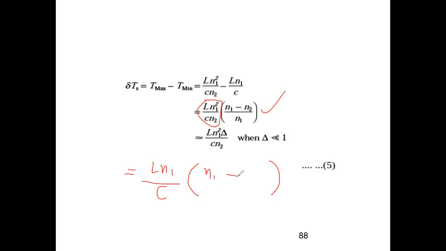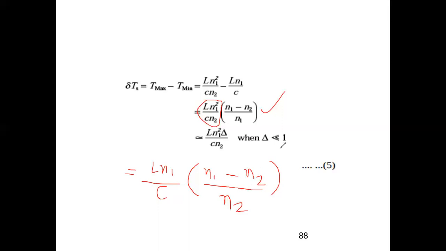Okay, so in place of that minus 1, I am taking an LCM. So I am writing n1 minus n2 upon n2. Yes, can I write it in this way also, Abhinav? Yes, ma'am. n1 minus n2 upon n2. So in place of that minus 1, I want to fit in delta. So I need the relative index difference. So that's why I have taken LCM. So n1 minus n2 upon n2.